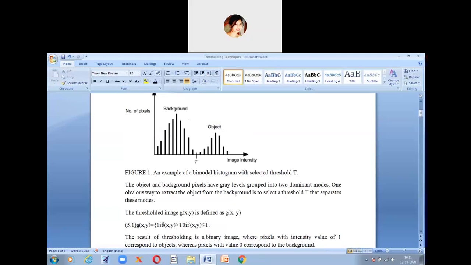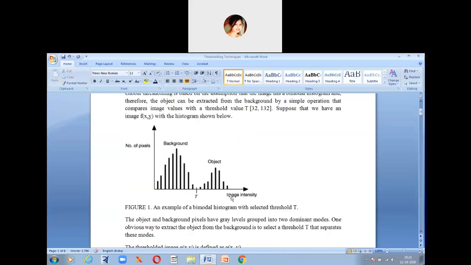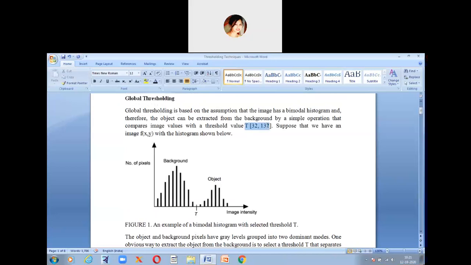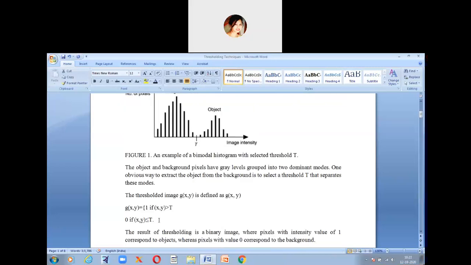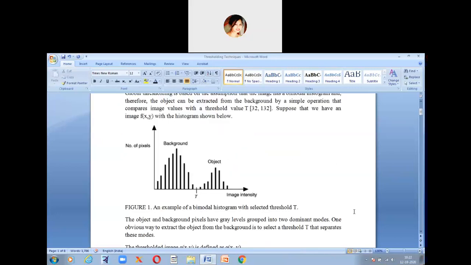It can be defined as g of x,y equals 1 if f of x,y is greater than T, and 0 if f of x,y is less than or equal to T. You have to take this T value, 32 comma 132, compare against it, and accordingly keep these values here. This is very easy.